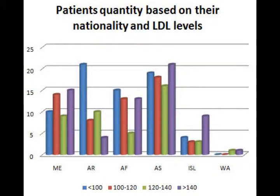Eastern Asians' results were evenly distributed. 74% had levels over 100 mg per deciliter, of which 28% were above 140. Arabs were the only group that had the least LDL levels, with only 9% over 140 and 48% under 100 mg per deciliter. The results of Africans and Middle Easterns were also evenly distributed, with 28 and 31% over 140